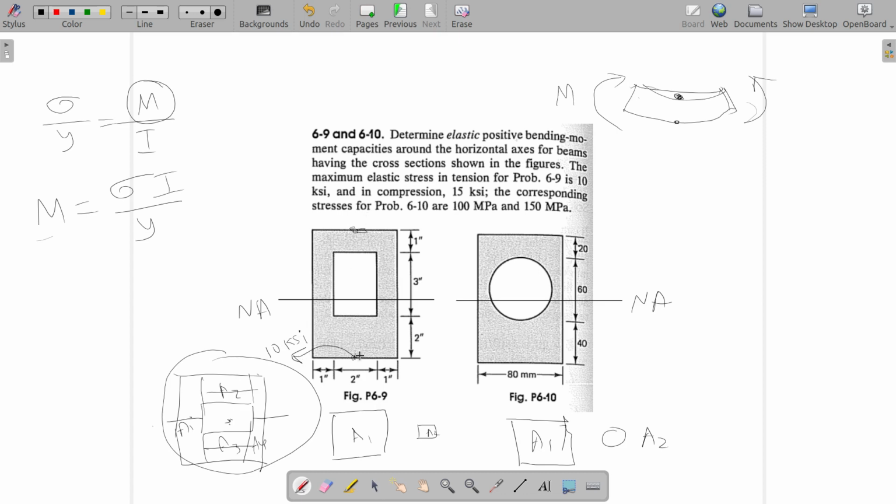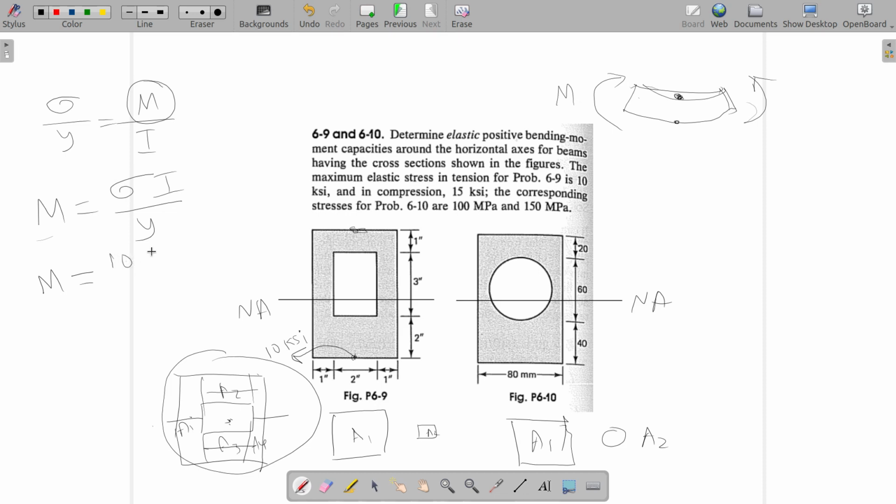Why did I put tension 10 ksi here? Because according to this formula we assumed that bending stresses vary linearly from the neutral axis to the outermost point. So I know that the maximum value of bending stress will be here, and it is given that the maximum elastic stress in tension is 10 ksi. So the maximum value should appear here. So using the maximum value of 10 ksi sigma, I can calculate the bending moment value. So put sigma is equal to 10